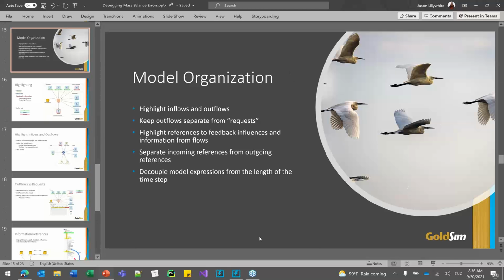Okay, the next subject is organizing the model. The concepts that I'll be talking about here are somewhat similar to what we have in our style guide, and also borrowed from some of our advanced users that have given presentations. In fact, some of these concepts were demonstrated by some of our advanced users at our last user conference,